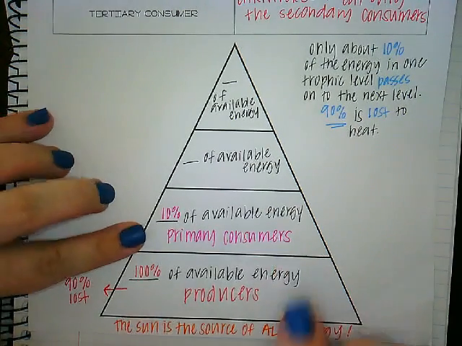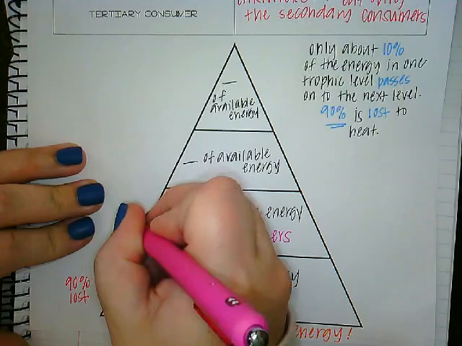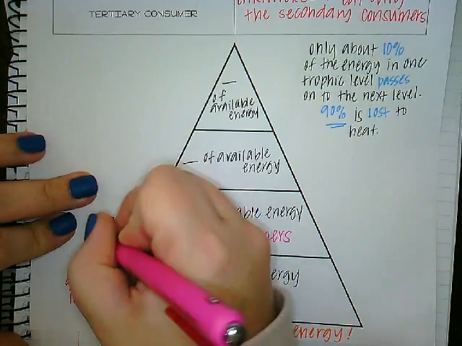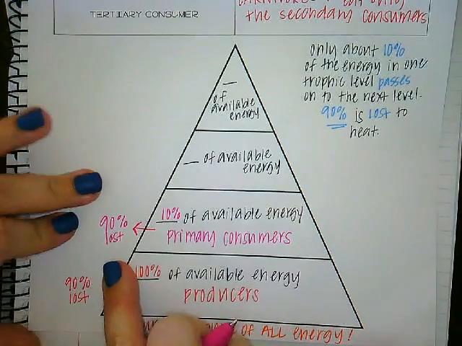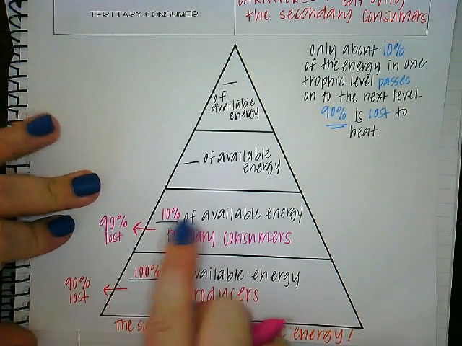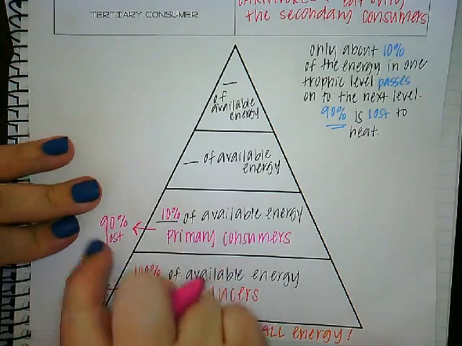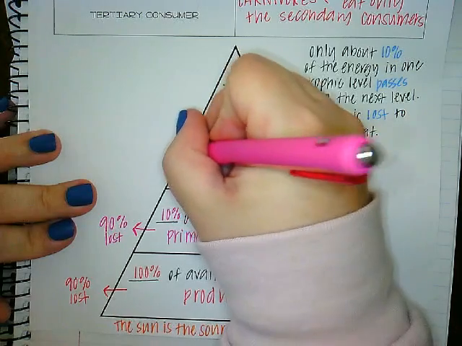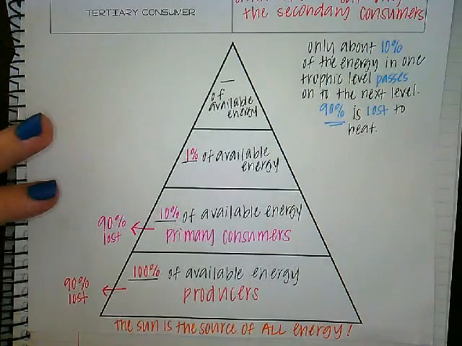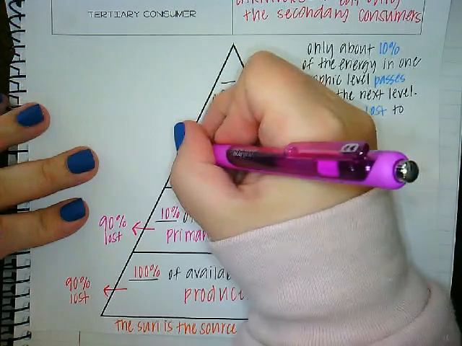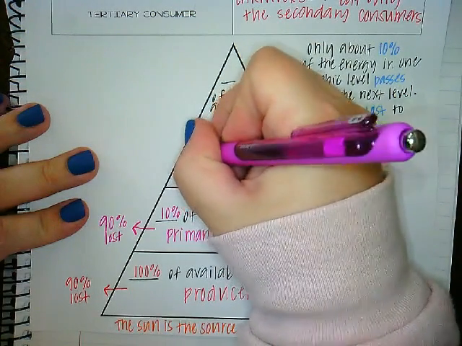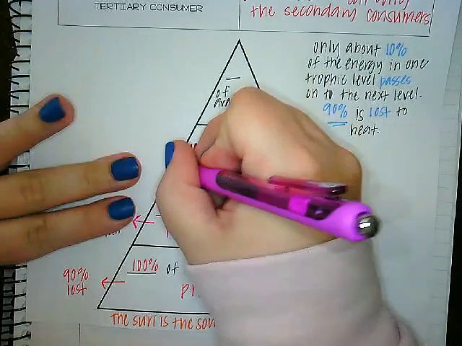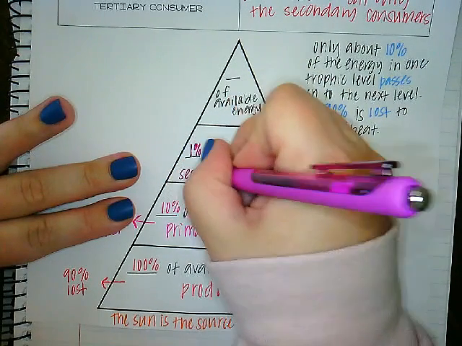We already know, because we did it in our food web yesterday, that primary consumers are going to get eaten by our secondary consumers. Okay, but in keeping with our 10% rule, we know that 90% is lost. So I know some of you are thinking, how do you lose 90% if you only have 10%? You are losing 90% of that 10%, which means you only have 1% remaining. Okay, 1% of available energy still exists for you. And that is what is getting eaten by your secondary